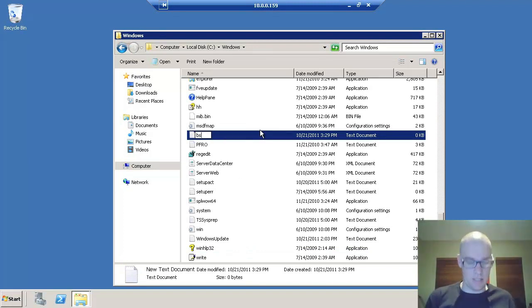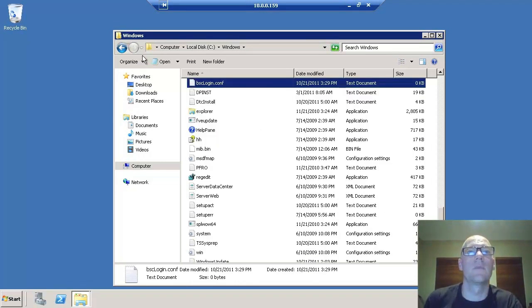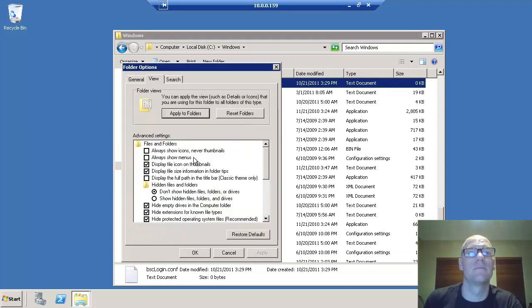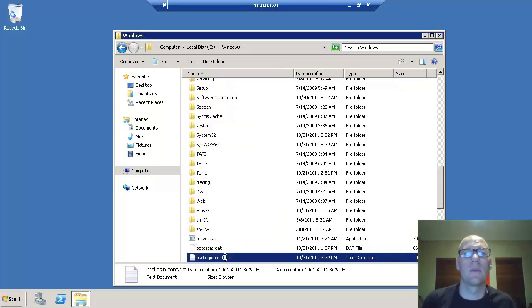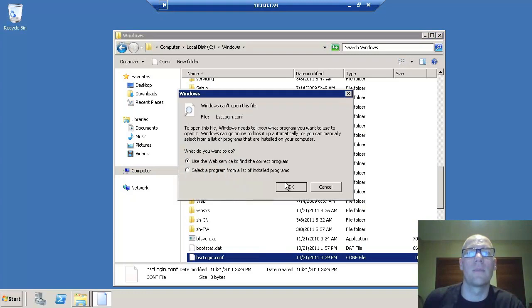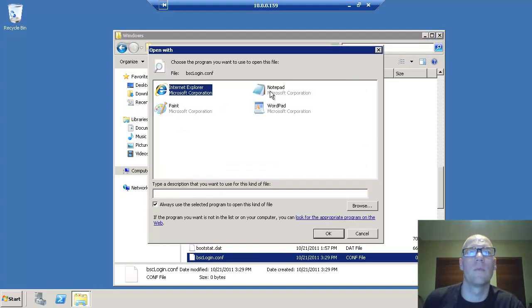The first one's going to be called BCS logging, and I'm just going to change the folder option so I can see the extension. We don't want it to be a text file, we want it to be a extension of CONF. So we'll just open this up with Notepad,